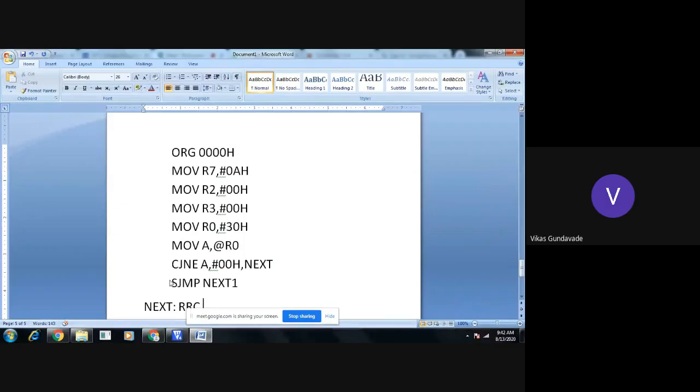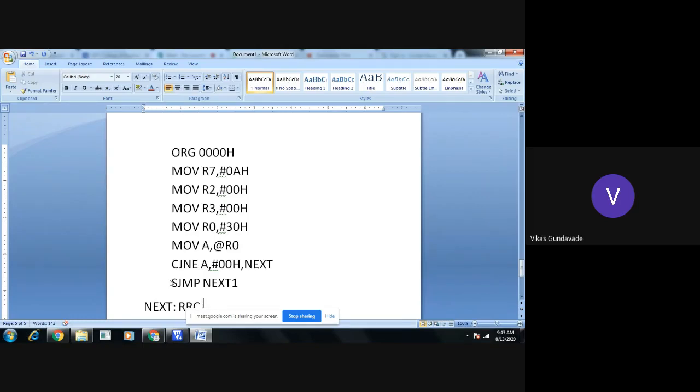Then after this RRC, what will happen? The LSB will get shifted to the carry. Now after shifting it to the carry, we can check whether the number is even or odd.